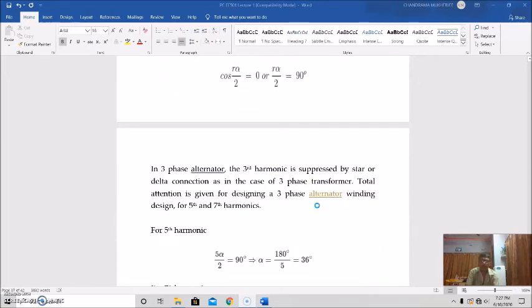90. So in three-phase alternators, in three-phase, the harmonic is suppressed by